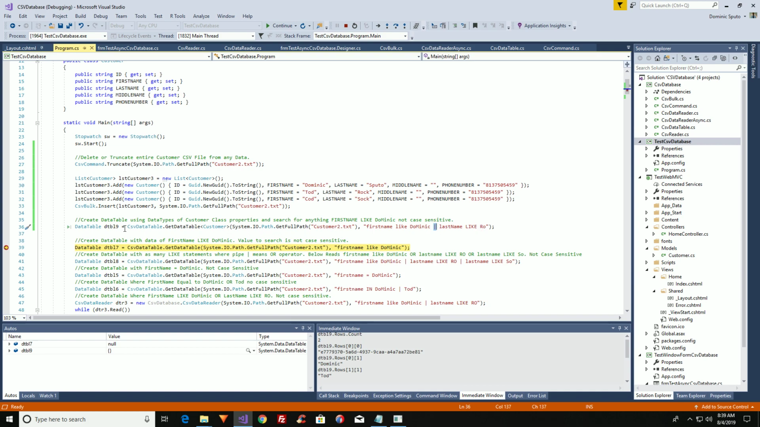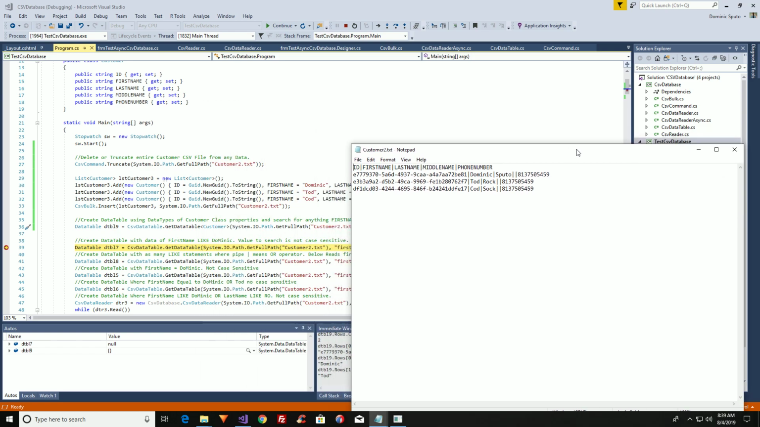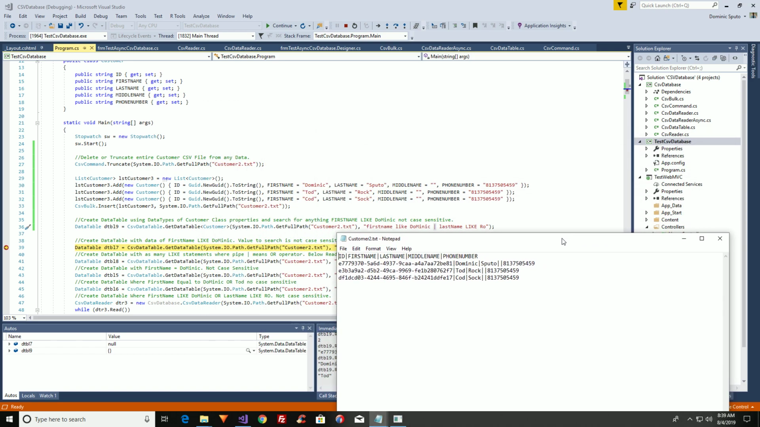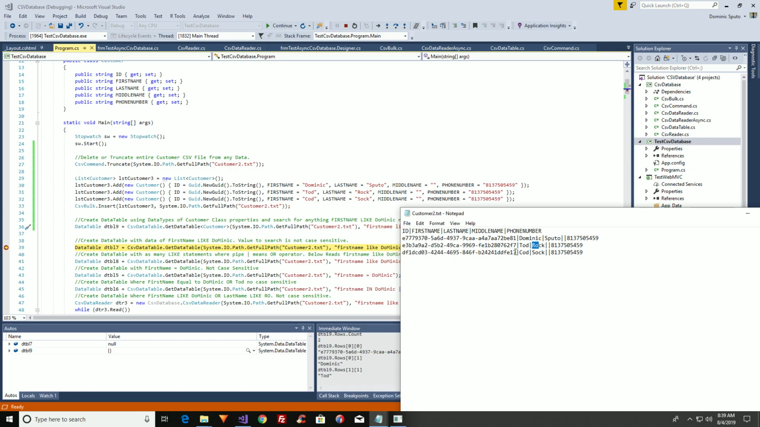So you can see here it was able to get two records using this like first name like Dominic right here out of the CSV file, or last name like Rowe. It was able to get this Todd record right here. As you can see here, it got the Dominic, and then it got the Todd. It has two records